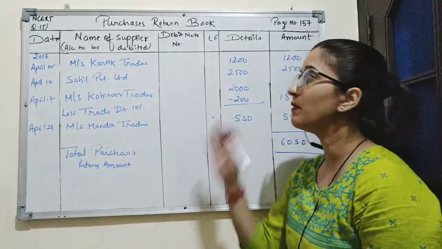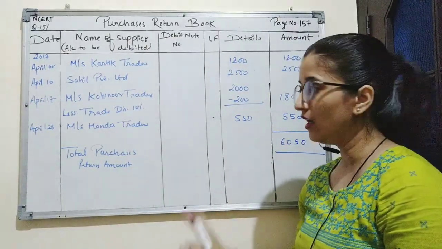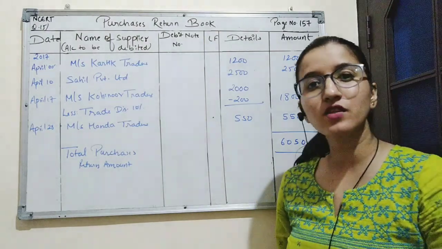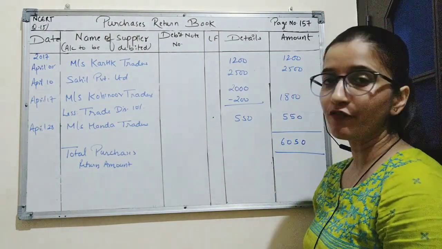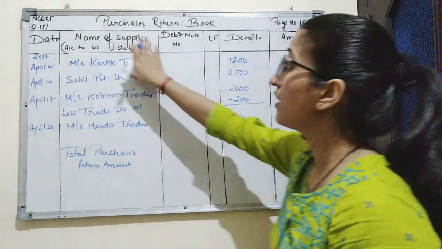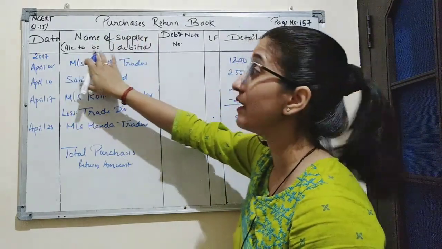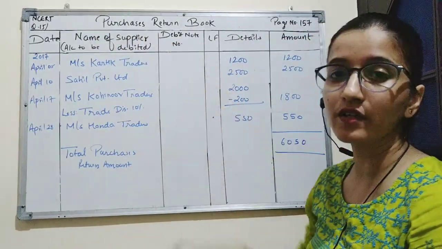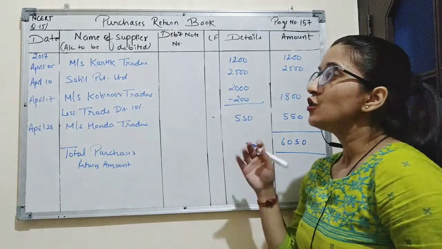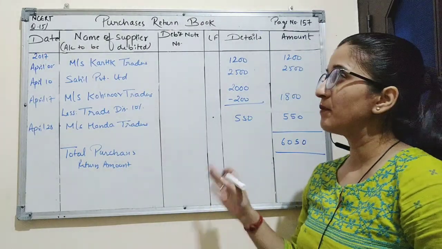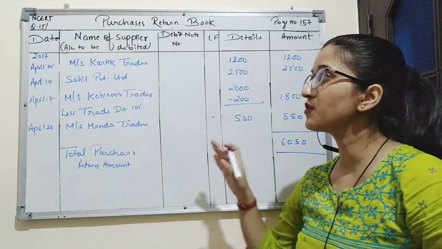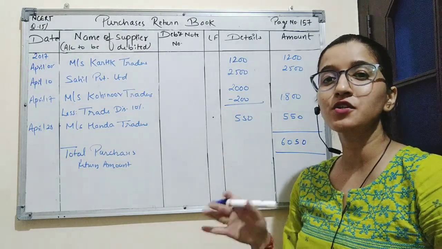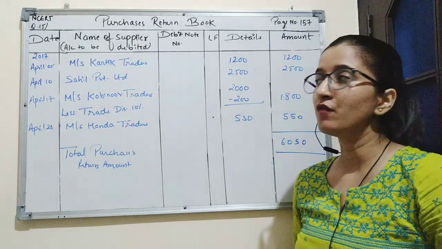So this is how purchases return book is prepared. In the same way, sales return book is also prepared, but the difference is in sales the account of the supplier is credited and a credit note is prepared. So with this, we have completed chapter number 4 of accountancy, which was recording of transaction part 2. In the next session, we will continue with